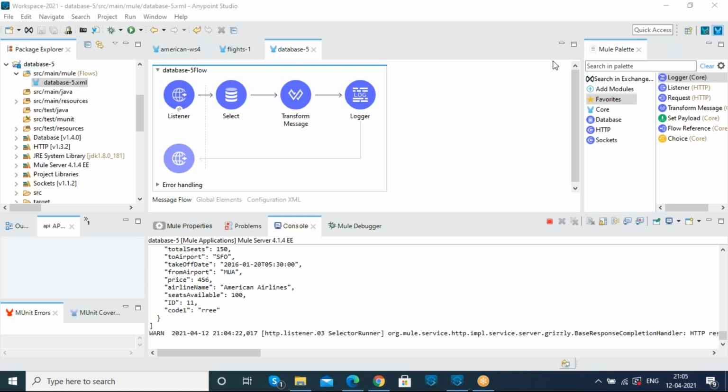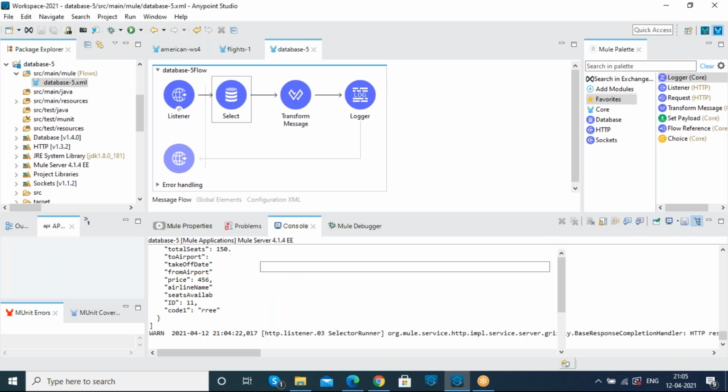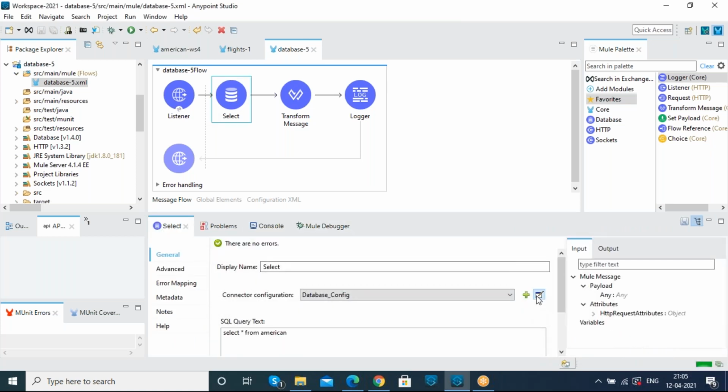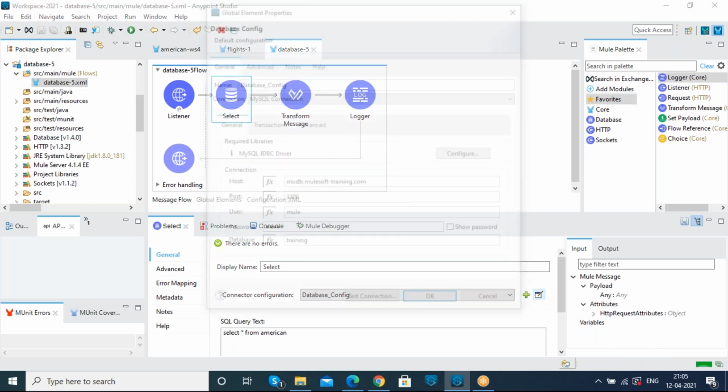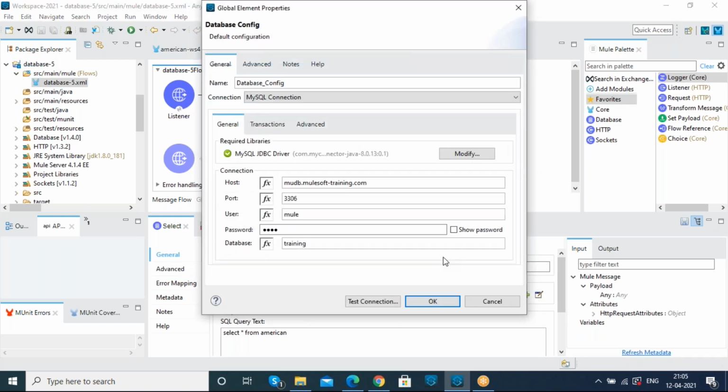Hello, Mahesh. Yes, Mohan. Can you show me once again how to select the jar file in the database? Actually, I have downloaded the jar file. Okay. Here, where you can select the jar file? Here under the edit option. If you click on edit, here we will be able to connect to it.